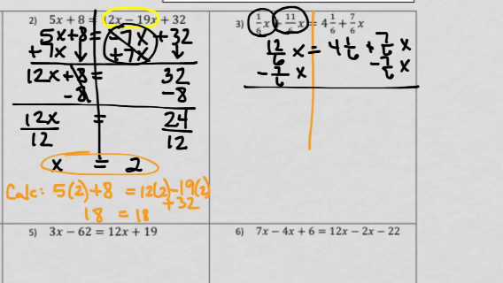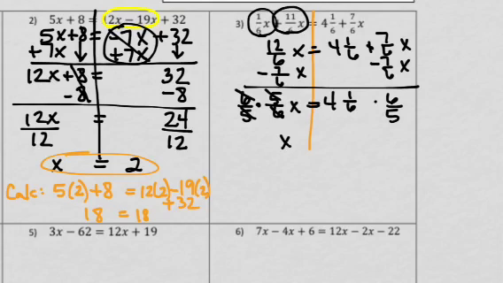Alright, so when I do that, 12 minus 7 is 5. So I'm left with 5/6 x equals 4 1/6. Now, in order to get rid of 5/6, I know I should multiply by the reciprocal, times 6 over 5. What I do to one side, I have to do to the other. So these cancel to give me 1x. And then let me remind you how to do this math. So in order to multiply 4 1/6 times 6 over 5, I need to convert 4 1/6 to